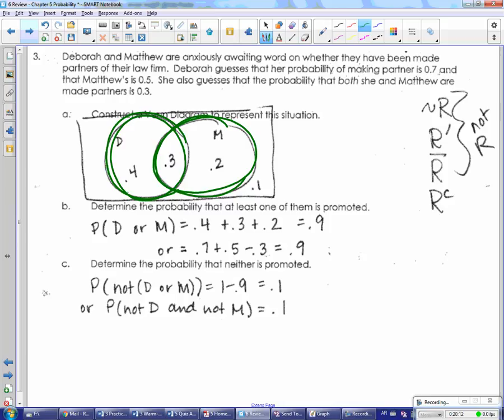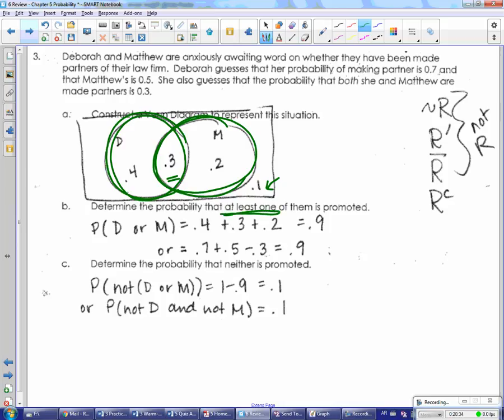She also guesses that the probability that both she and Matthew make partner is 30%. So you have to subtract the overlap away from each of the other probabilities in order to set this up. And because the whole sample space has to add up to 1, we know that there's going to be 10% out here. So the probability that at least one of them is promoted,